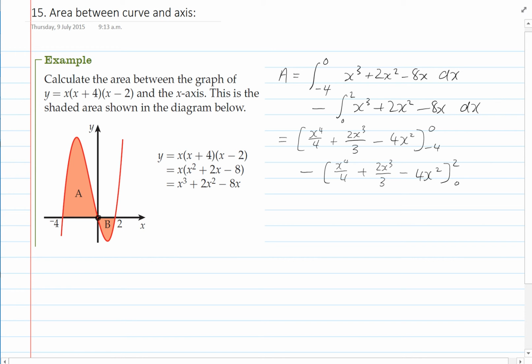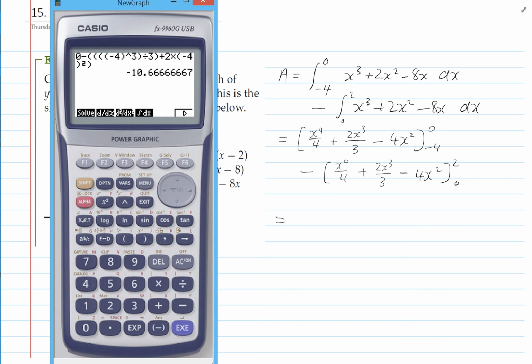Now, when you're doing this sort of problem in an exam situation, putting all of that into your calculator is actually going to be a bit of a nightmare. So you're far better off just using that integration function straight up. So we're going to have x to the power of 3 plus 2x squared minus 8, and we're going to go from -4 to 0,